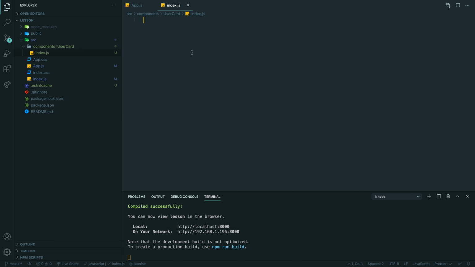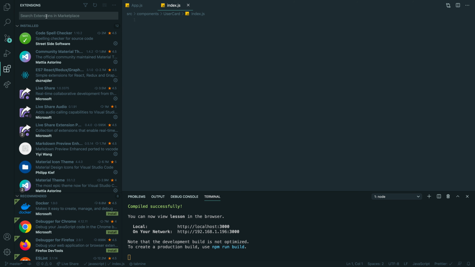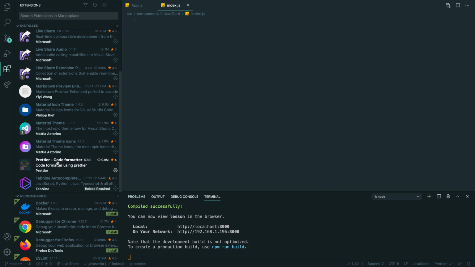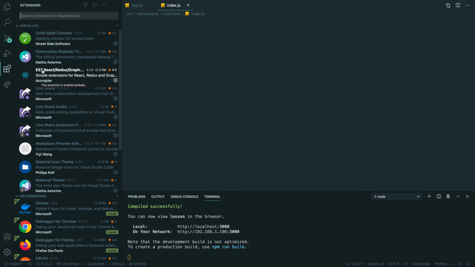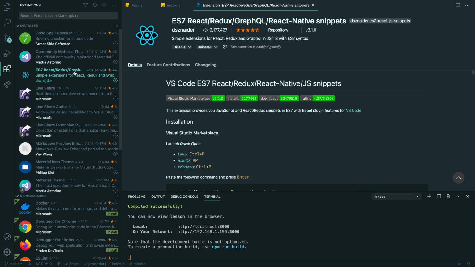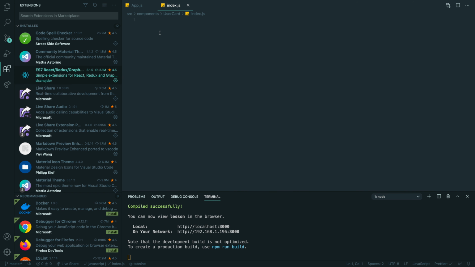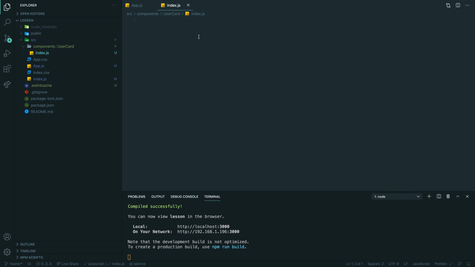Another thing, when we're starting to work with our React application, I strongly recommend you install React snippets. This one, ES7 React Redux GraphQL React Native snippets. You can see that it is pretty popular. It is very helpful because now I created an empty file, right?